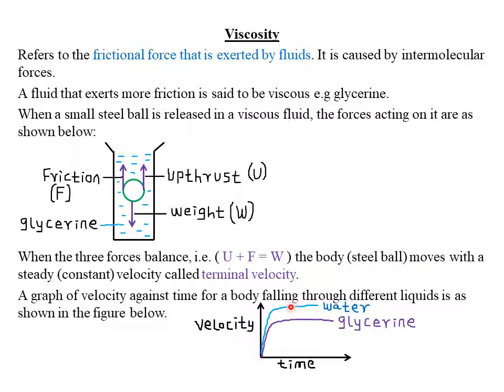For water, for example, if the point where the graph started to flatten was maybe at 20 meters per second, then we will say that the terminal velocity of water will be 20 meters per second. So the point where the graph starts to flatten, that is where we have the terminal velocity. And we have said that if a fluid is less viscous, the body will always flow through it at a very high velocity,